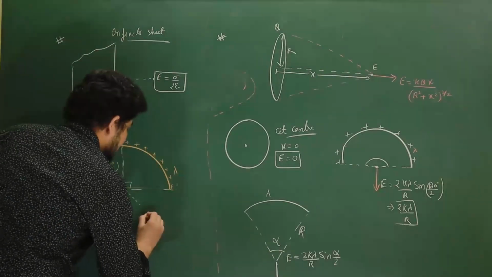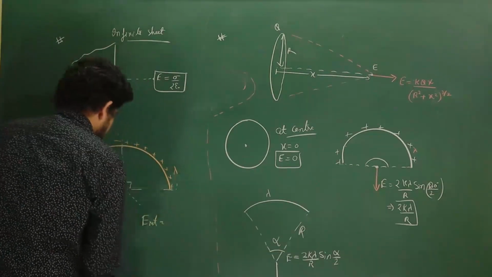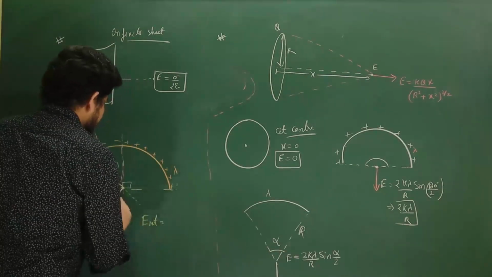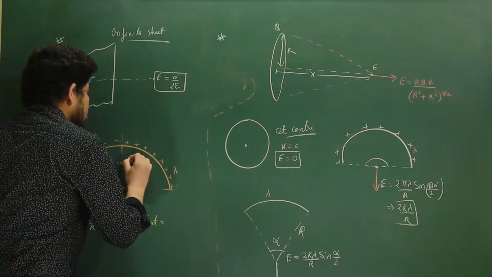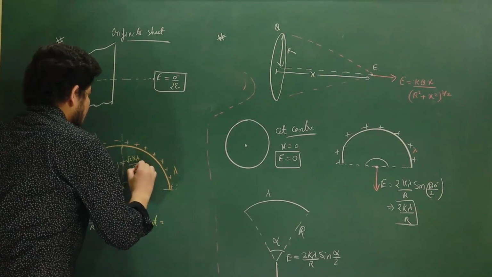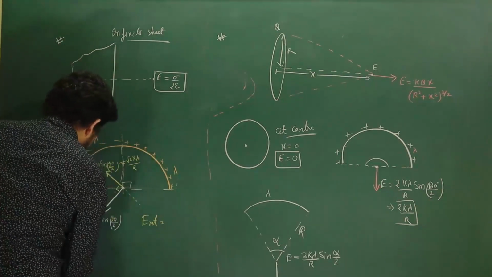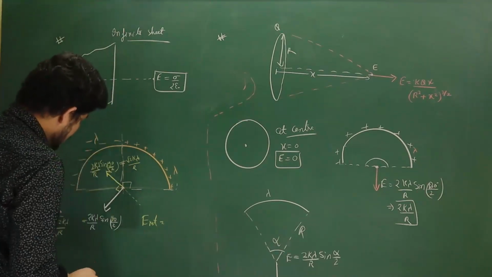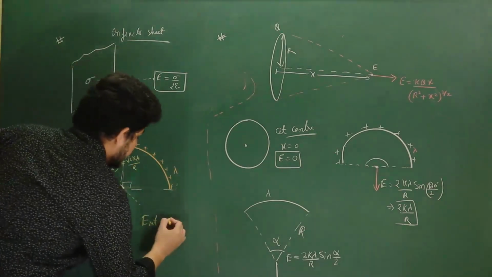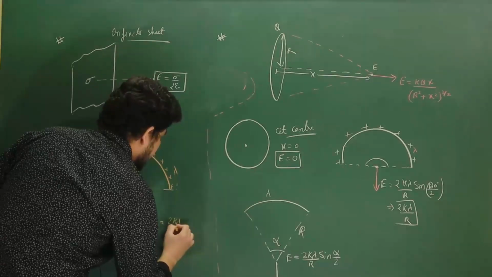The net electric field will be equal to the square root of the sum of the squares of these two values. This value will become root 2 k lambda by r, and here also the value will be root 2 k lambda by r. When you square both of them and add,